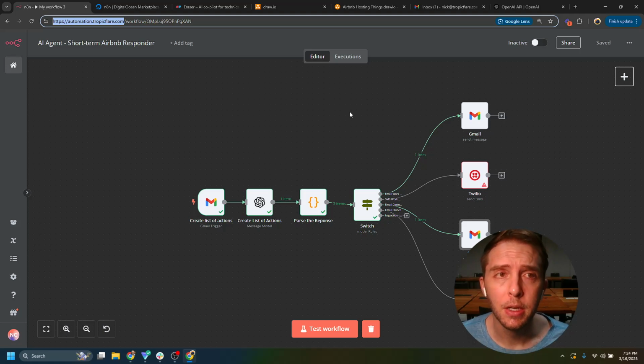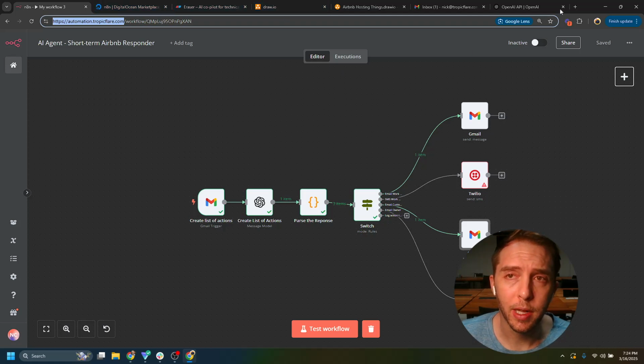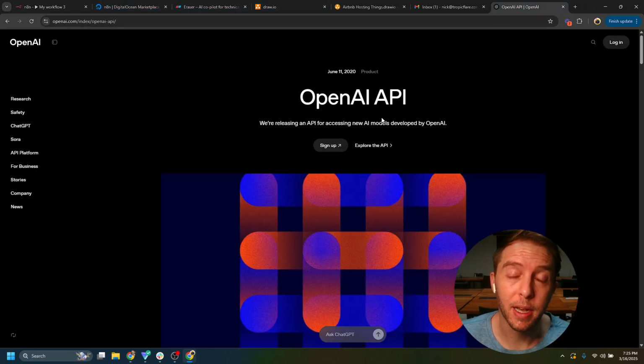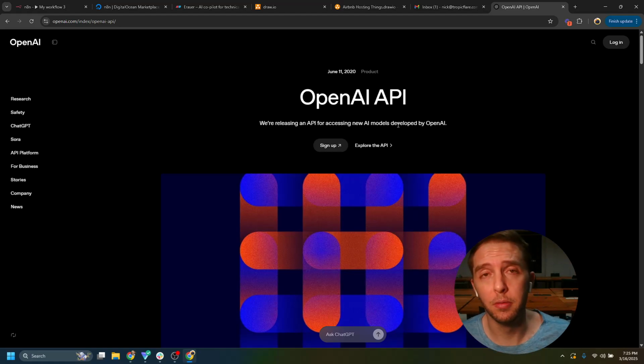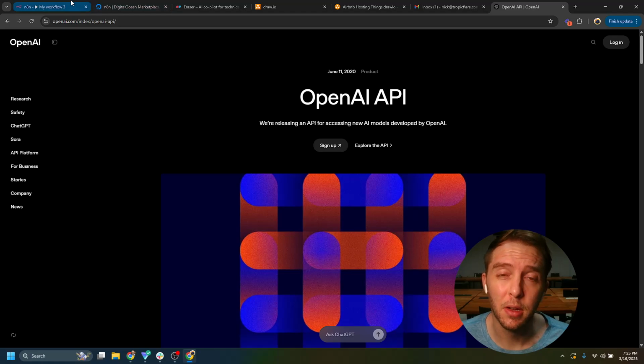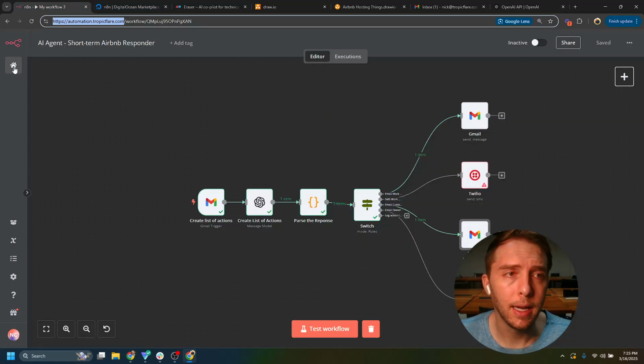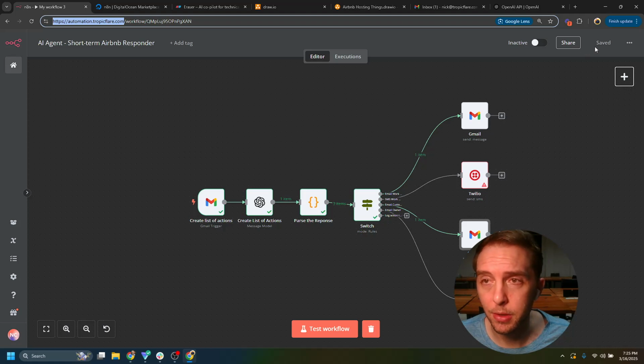You can see that I've hosted mine on automation.tropicflare.com to build my AI agents for myself and for my clients. Next, you're going to want to get an OpenAI API key. You can get this for like $5 or $10 with OpenAI, and you don't need any more than that to build out your initial prototype for your agent. You just need to get that started. After you've got those two things,